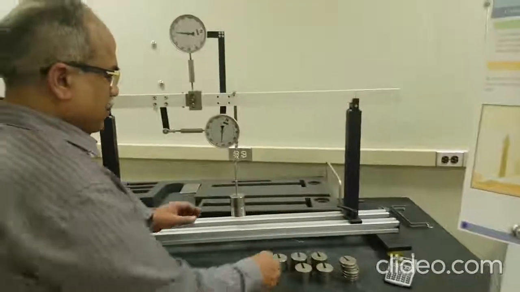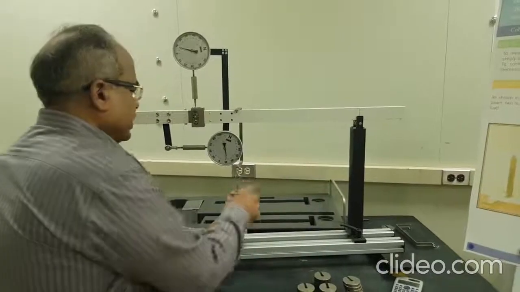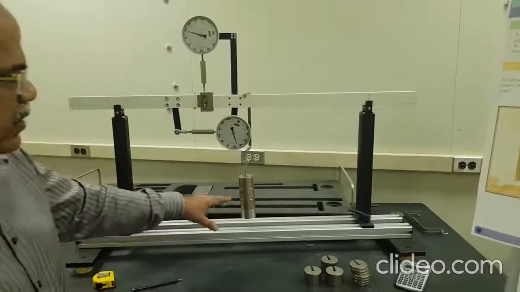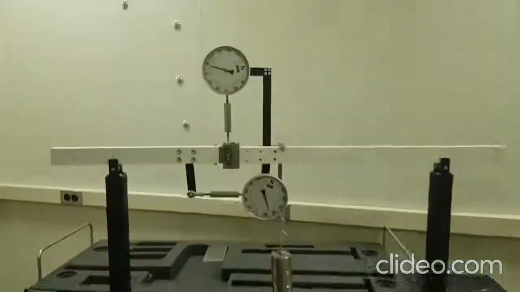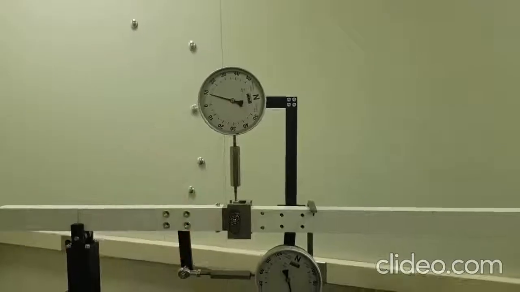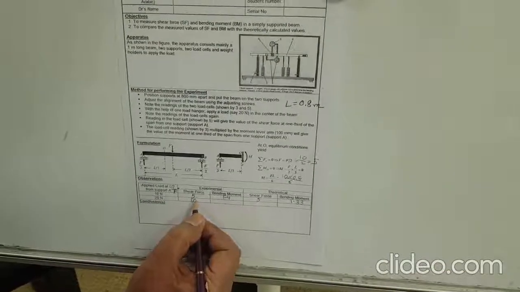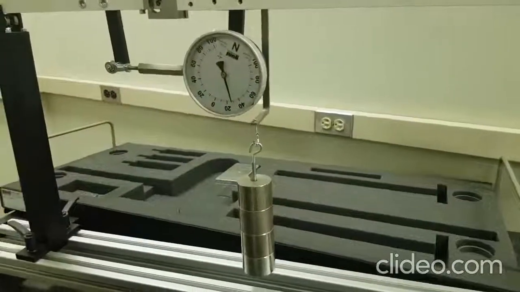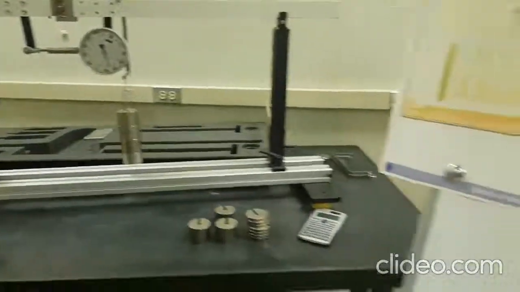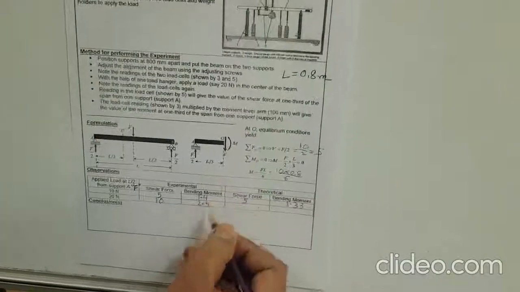Okay, now I am going to change F to 20 newtons. Now you see 5, 5, 5 and 5, 20. The force F is 20 newtons at the center. Now the shear force, you can see it is 10. So let's make a note here. When it is 20 newton applied force, then the shear force is 10 and the bending moment is 2.5. Okay, so the bending moment here is 2.5 newton meters.